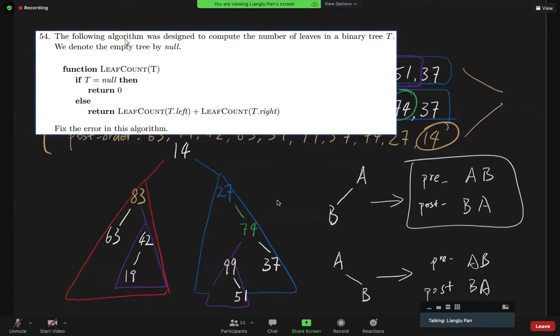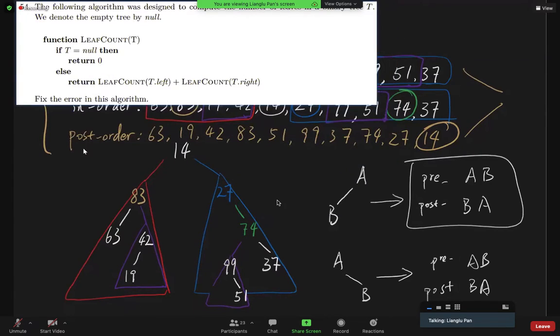Question 54, asking about how to count the number of leaf nodes in a tree. So the first question is, what is a leaf node? What is considered as a leaf node? The definition is, if we have an existing node having no left child and no right child, then that node